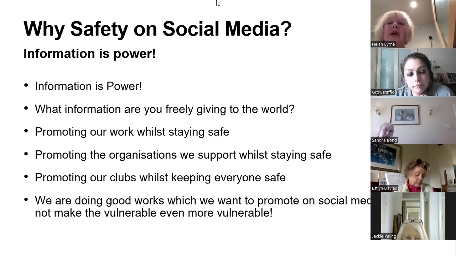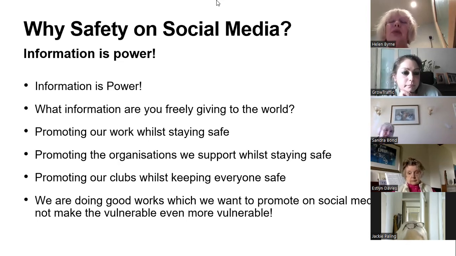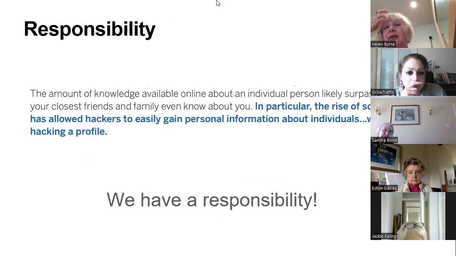And we're doing good works. We want to promote those on social media, but we want to make sure that we don't make the vulnerable people we're supporting even more vulnerable by promoting them. So there are things we need to think about in how we do that promotion. If you can move on to the next slide, Rachel.